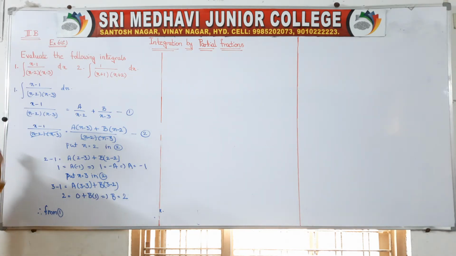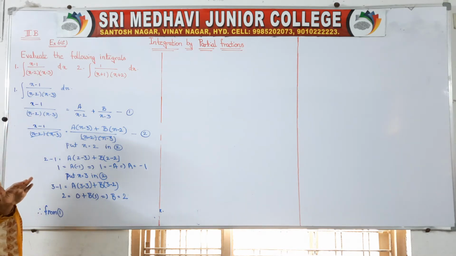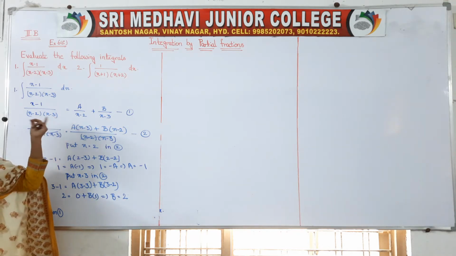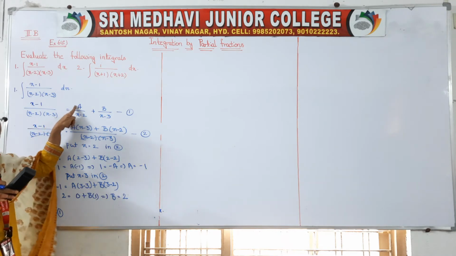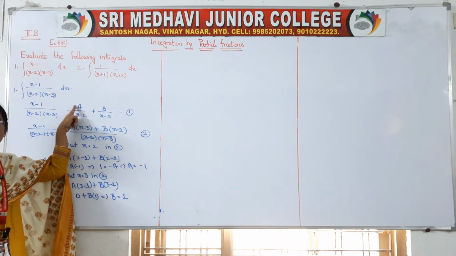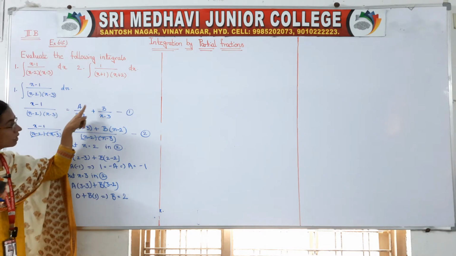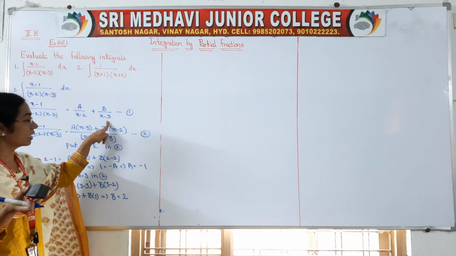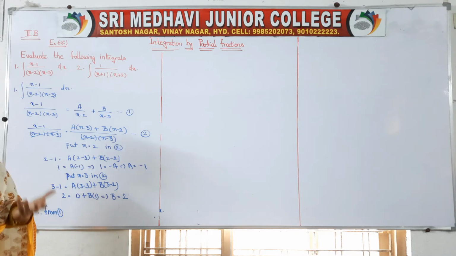How do we resolve it? For each, first we have to check how many linear factors there are in the denominator. How many linear factors? 2 linear factors. For each linear factor we have to take one fraction. How do we take the fraction? Some constant by that linear factor. Similarly, some constant by that other linear factor. Then try to get that a and b. That is called resolving the fraction into partial fractions.